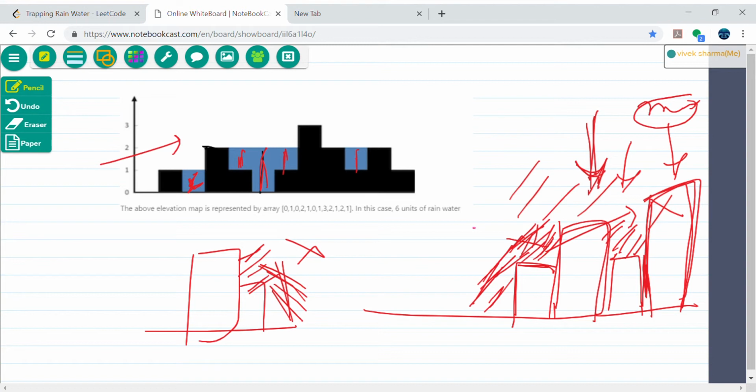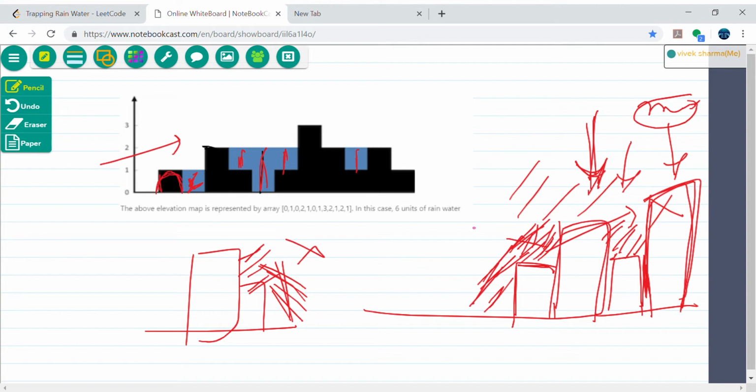So that's how we will save some running time cost. So we will be optimizing the time complexity a little bit in this way. Because we have both running pointers, left and right, we will be traversing either from the left side or from the right side, right? And we will be using the same approach